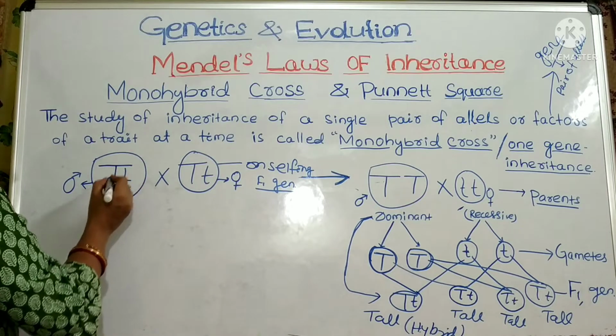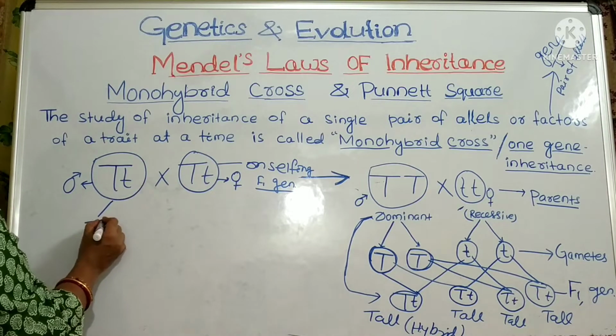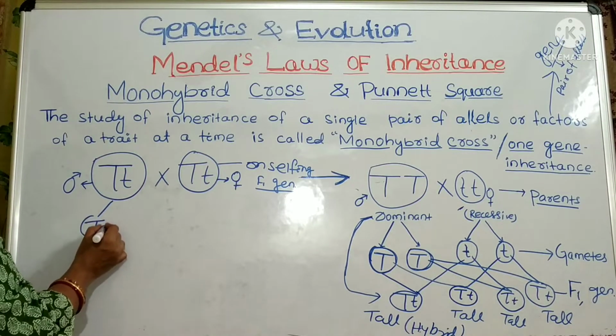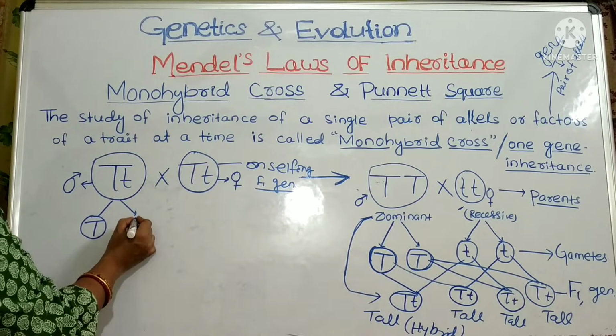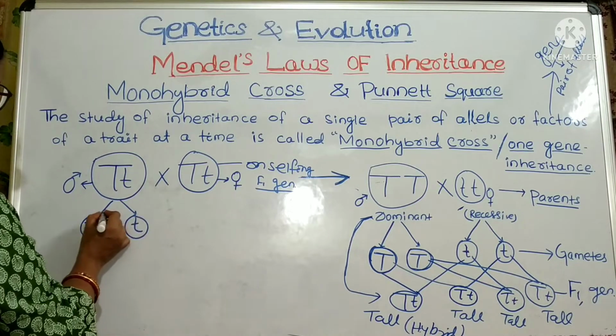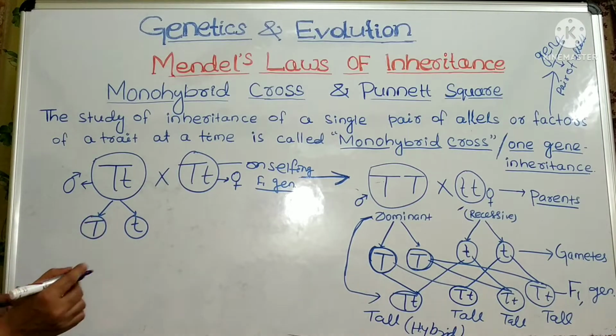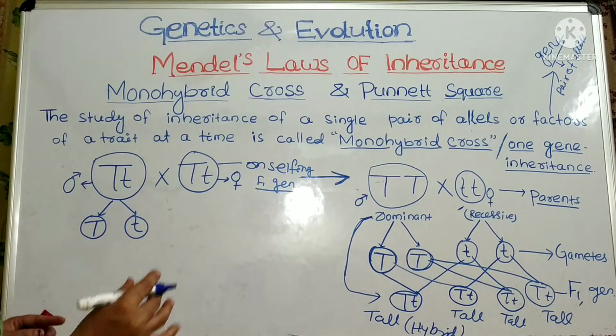So this parent produced two type of gamete. One is capital T and another is small t. Because this is present in a heterozygous form,